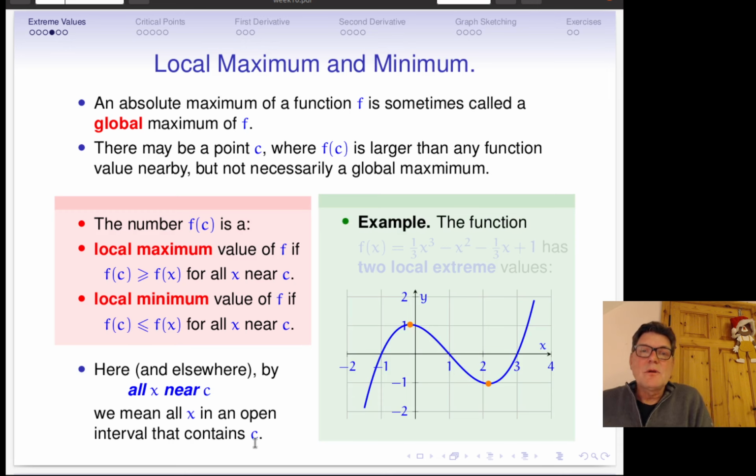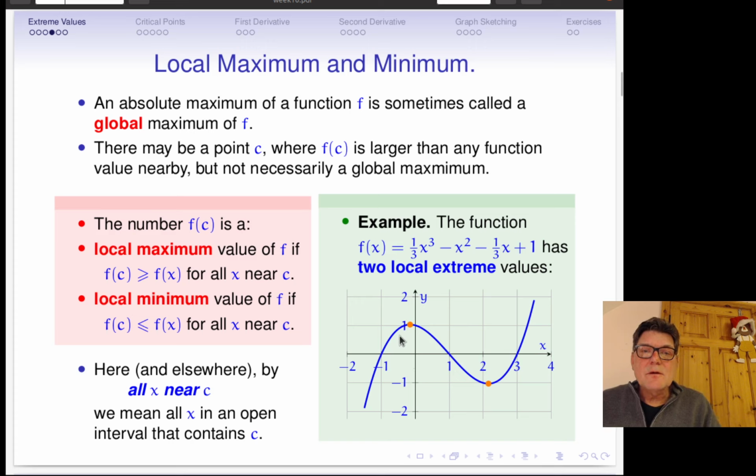In the example, we're looking at the typical graph of a cubic polynomial, a polynomial of degree 3, which has two local extreme values. There's one